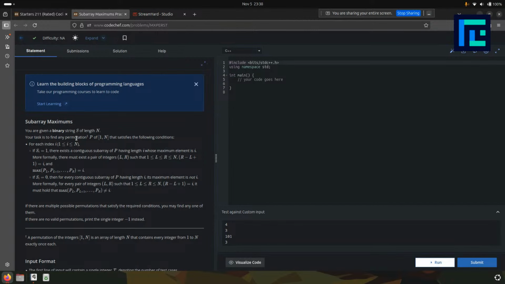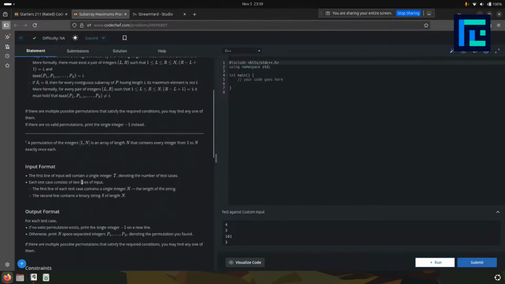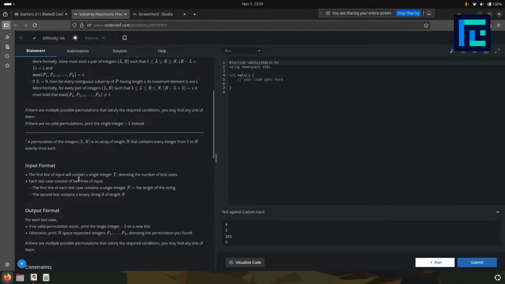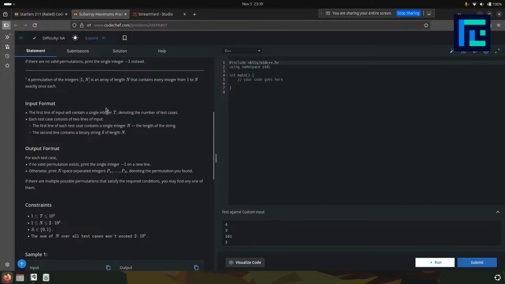And if Si is equal to 0, then for every contiguous subarray of P having length I, its maximum element is not I. More formally, for every pair of integers L, R such that R minus L plus 1 is equal to I, it must hold that the maximum of PL till PR is not equal to I. If there are multiple possible permutations that satisfy the required condition, you may find any one of them. If there are no valid permutations, print the single integer -1 instead. And the permutation of 1 to n is an array of length n that contains every integer from 1 to n exactly